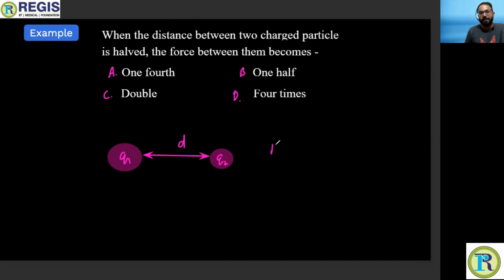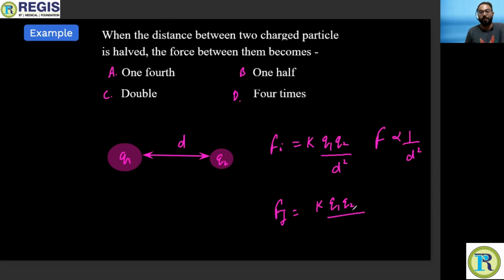So we can say initially force was K times Q1 Q2 divided by D square. Now the distance between both the charged particles is halved. It is decreased, and we already know force is inversely proportional to the square of the distance between them. So now final force will again be K, both the charges are same, Q1 Q2 divided by distance,